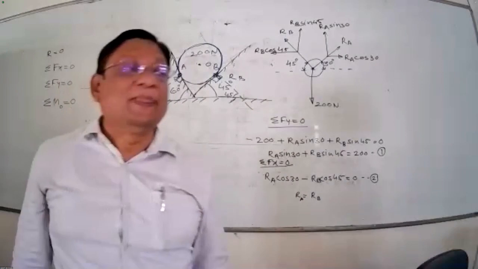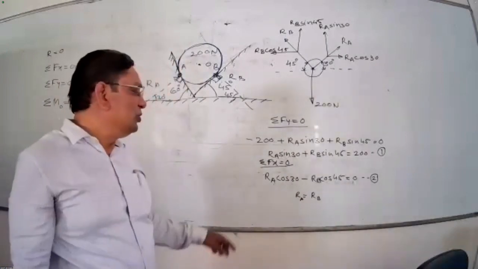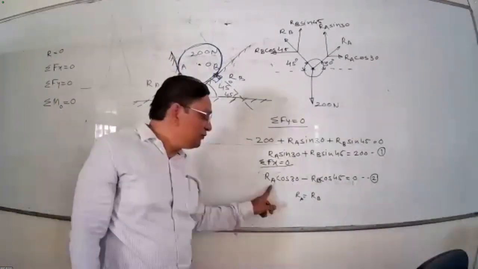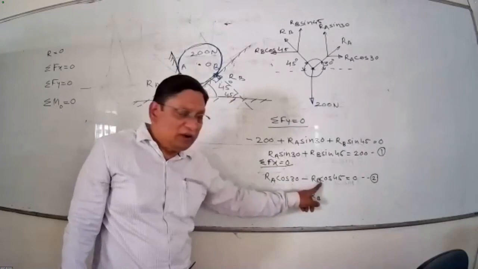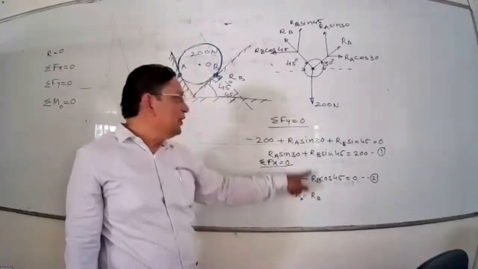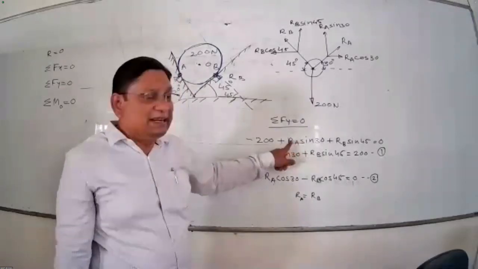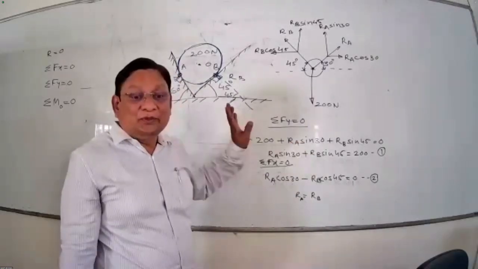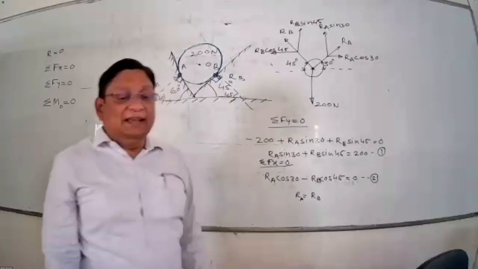Another method I told you, here only RA and RB are the two unknowns. Get value of RA in terms of RB. So you will get the equation of RA in terms of RB. Substitute that RA value here. Only one unknown will remain, that is RB. You will get the value of RB. So two different methods are there. And after calculating, you tally your answers.